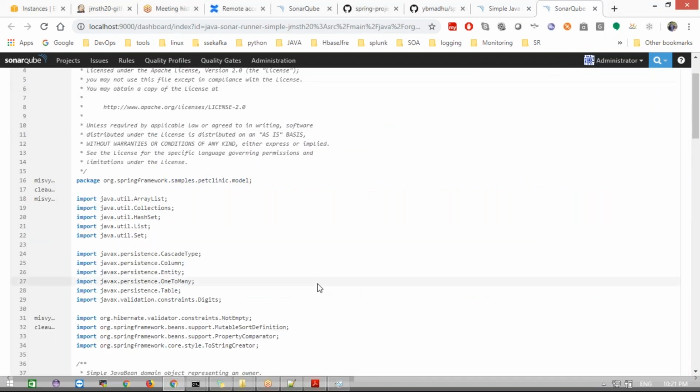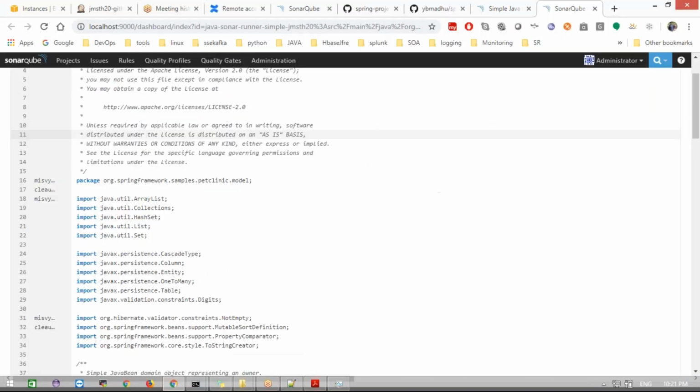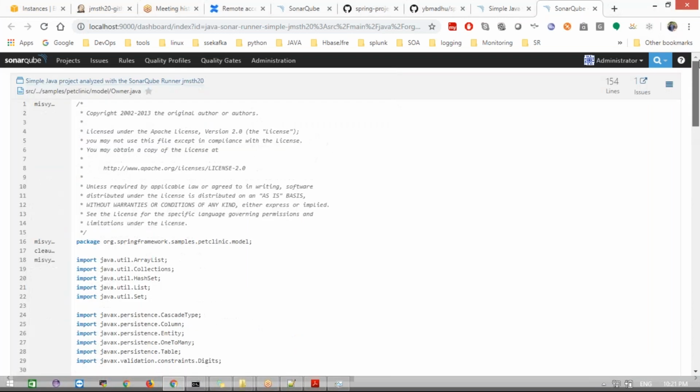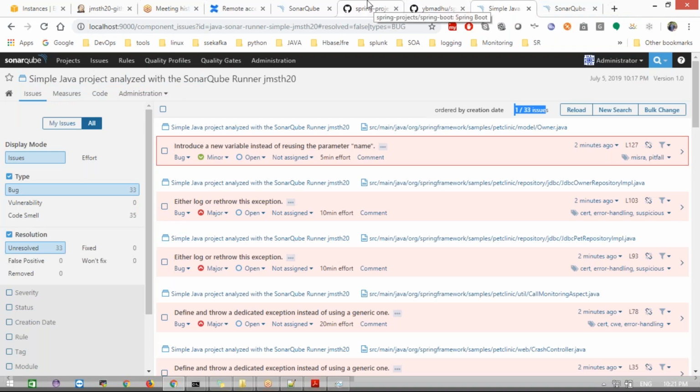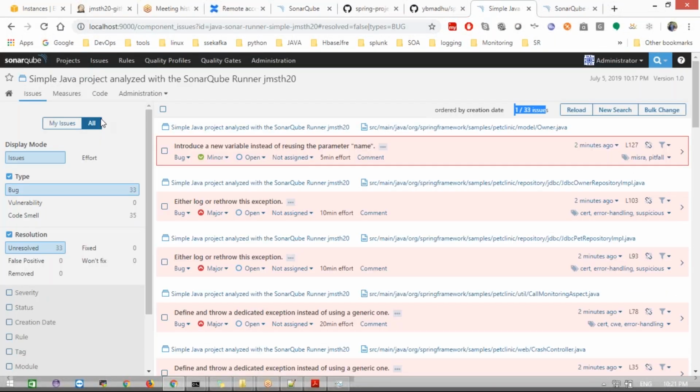Clear? This is the quality gate. If the quality gate passes, only then our build will be successful. If the quality gate fails, we can see that in this dashboard, right? And we can restrict the quality gates also. If these many bugs are there, we can make the build fail like that. That property I don't have as of now. See here, we can go back here.